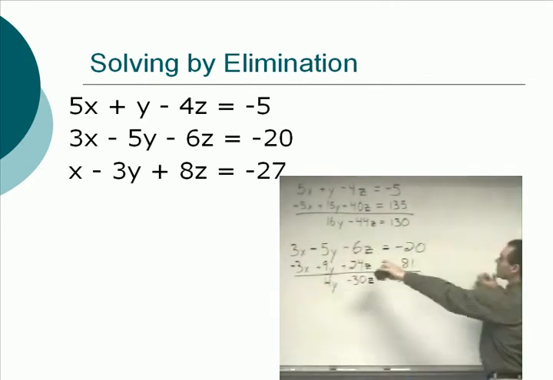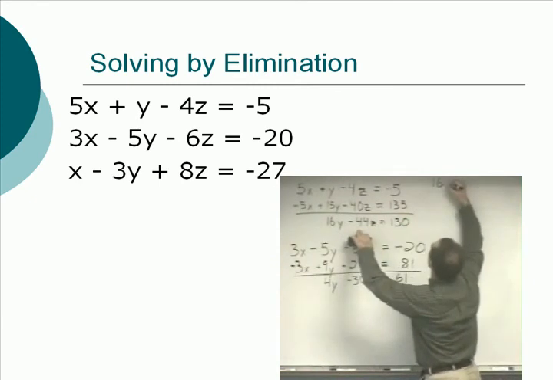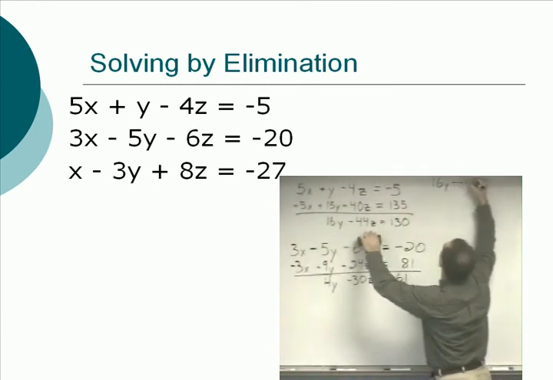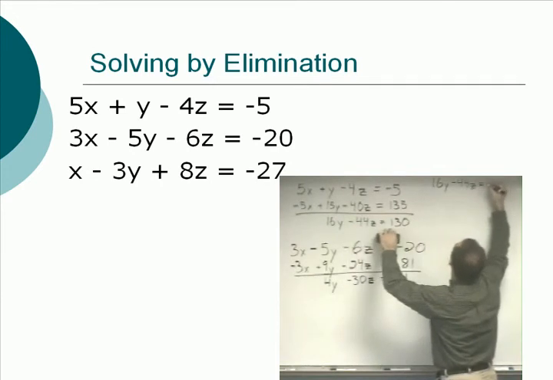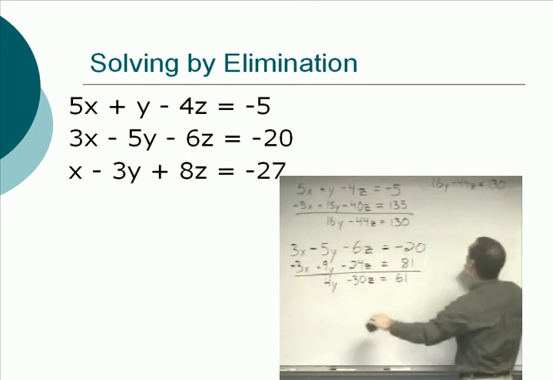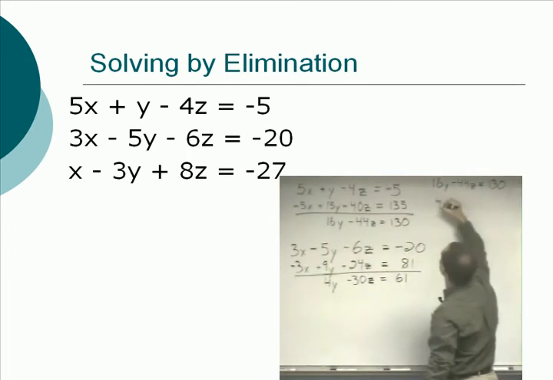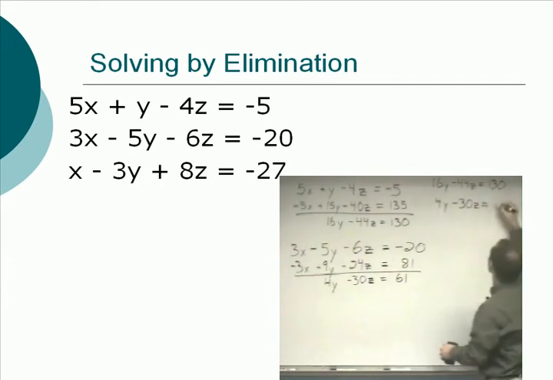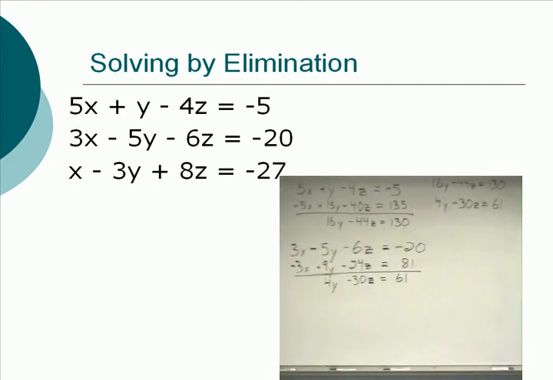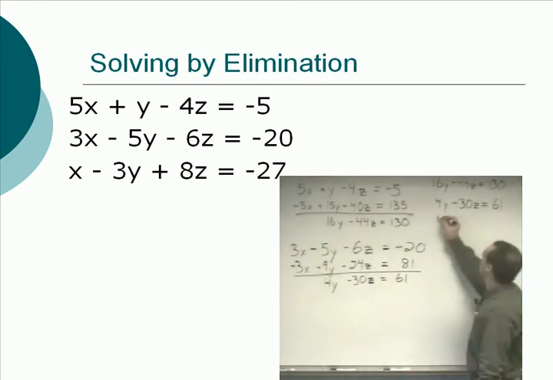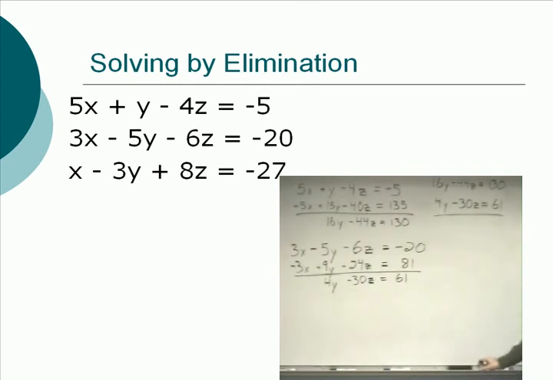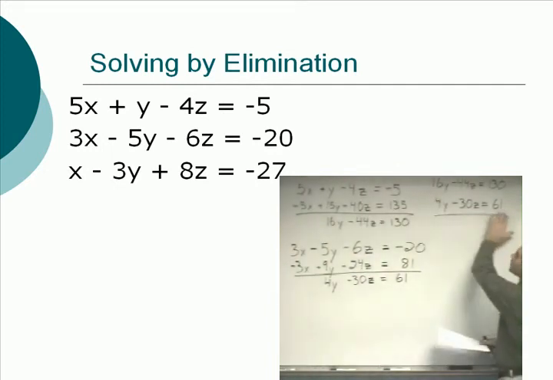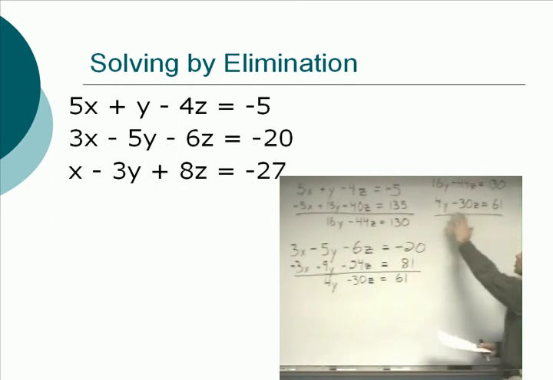So now the equations that we have to solve are 16y minus 44z equals 130 and 4y minus 30z equals 61. And we would solve this system. All right? Now, what do you want to do to solve this system? 16y minus 44z equals 130. 4y minus 30z equals 61. How do you want to solve that? Use elimination and eliminate